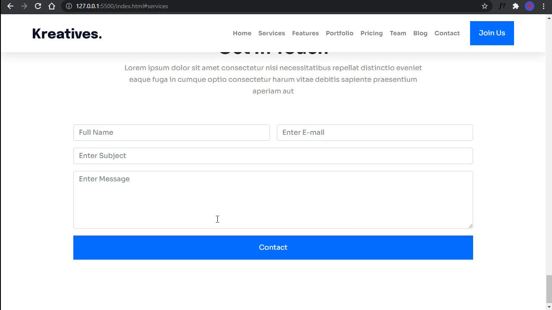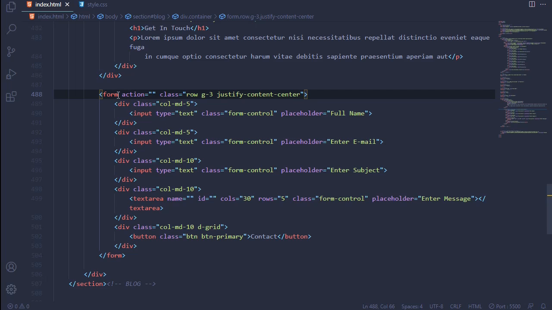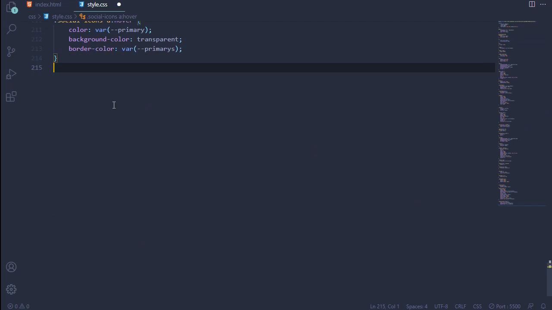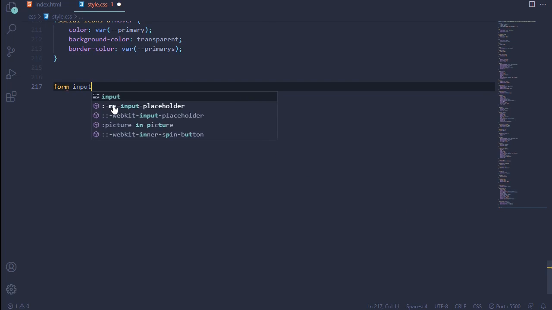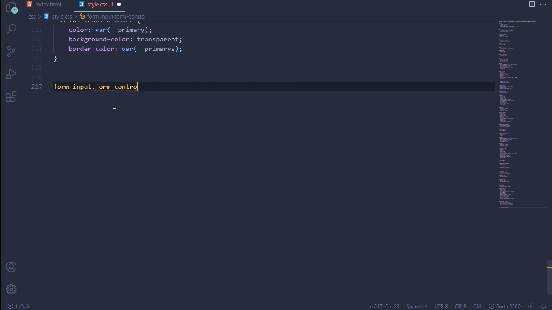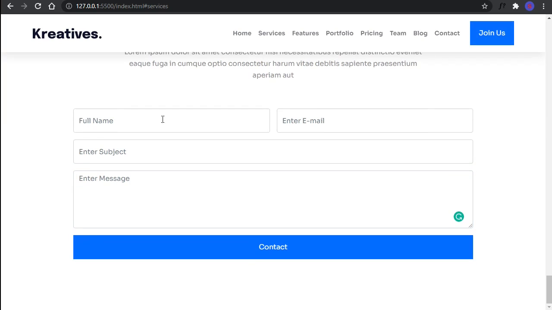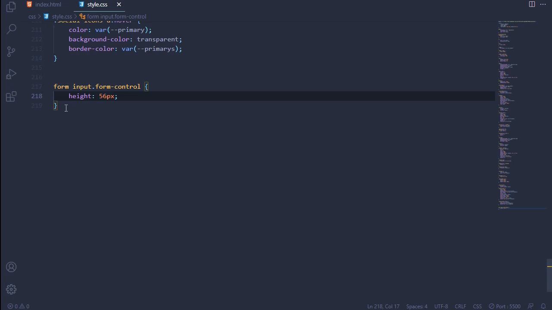So the form is now in the center. I'm gonna copy this. I'm gonna say form input dot form control, height is going to be 56 pixel. So as you can see,